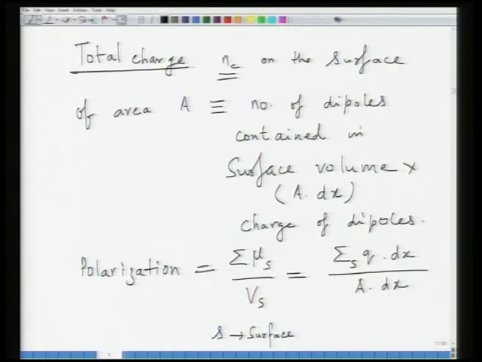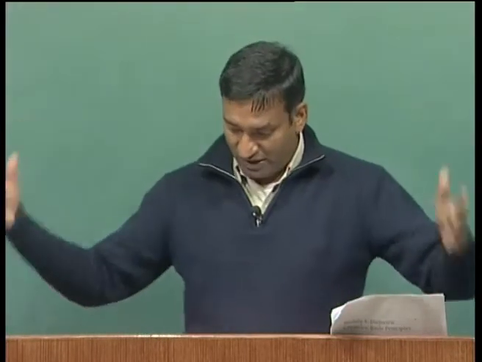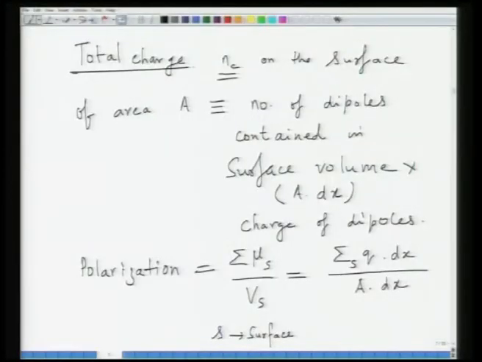So, is that clear? Polarization on the surface: because there is no charge inside the material, charges only exist on the surface of the material because of non cancellation, or because of nothing existing to cancel them on the surface, and they move out by a little distance because of the application of an electric field. As a result, you create surface polarization. So, what surface polarization is, assuming homogeneous distribution of charges, is the sum of total dipole moment on the surface divided by the total volume on the surface. So, this is your polarization P.